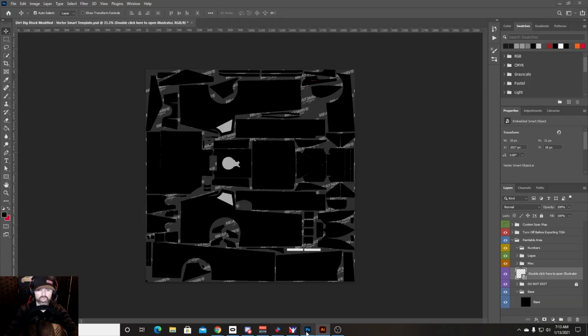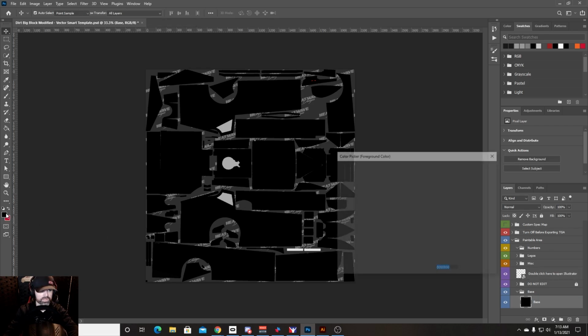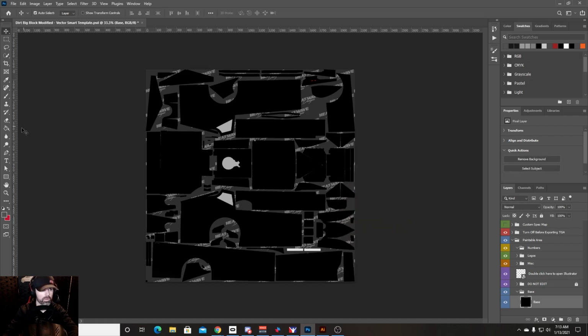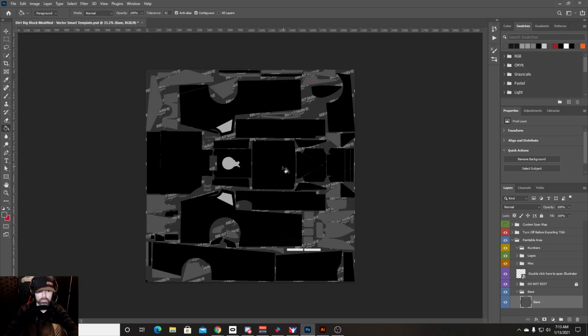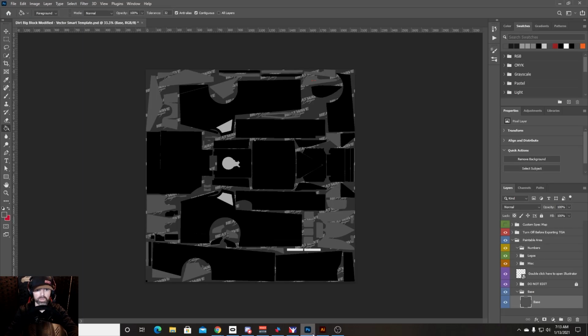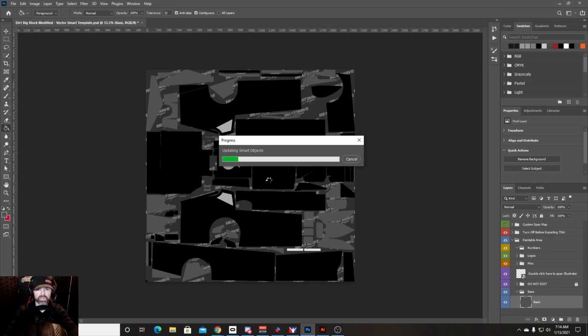Now, really quick to show you that this works, I'm gonna change the base color here to silver, or that, kind of that charcoal gray that I was talking about. I'll get my paint bucket, make it gray, right? And you can see here, see how the rest of this stuff is black? The rest of this is black from the other template. Now, once I bring this over, once I save this, Control S, and we come back to Photoshop and this finishes saving,